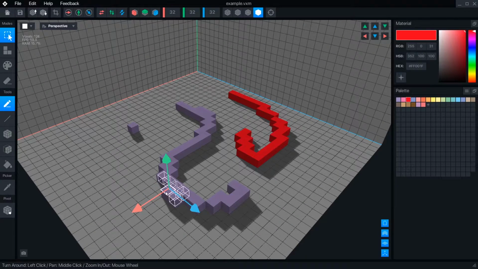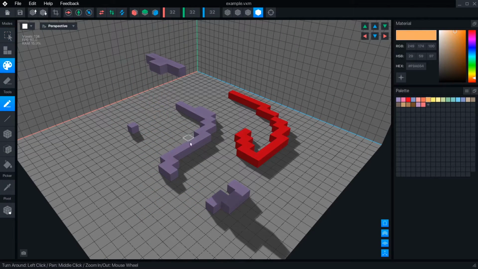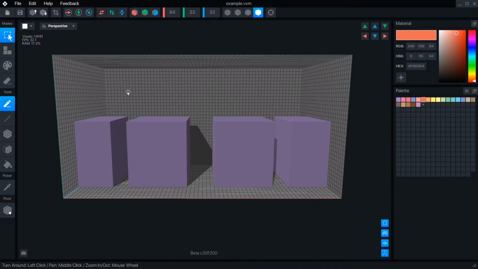Select will highlight the voxels you choose, so you can move, copy, or delete them. Paint will recolor voxels that have already been placed with a different swatch, and Erase will remove voxels from the object. The other tools change the shape of how you modify voxels, and they work with every mode.